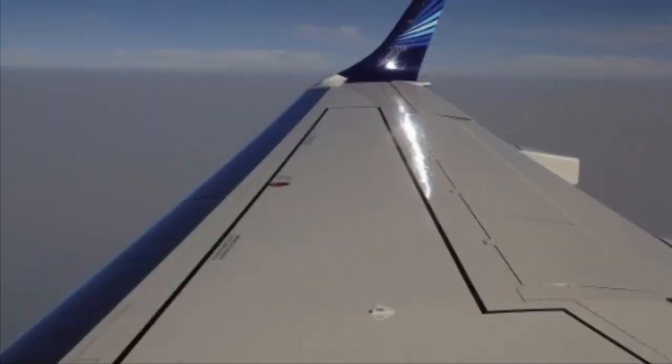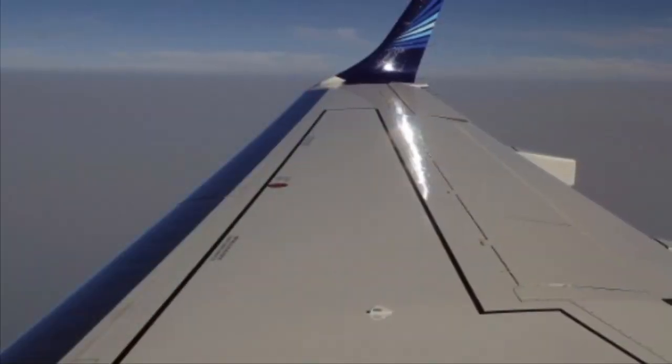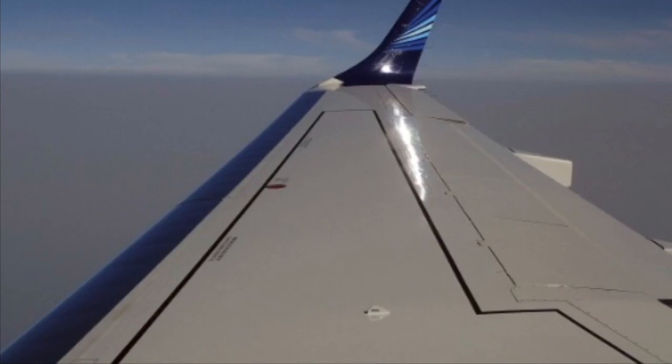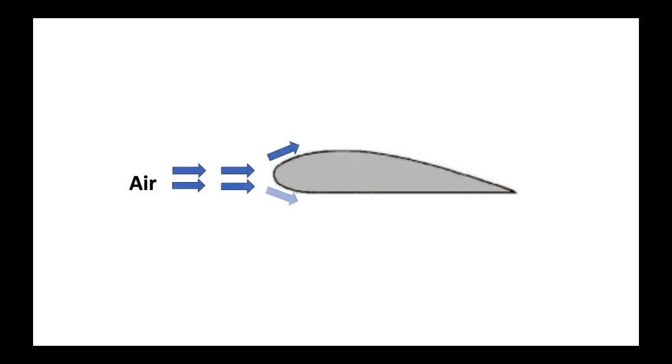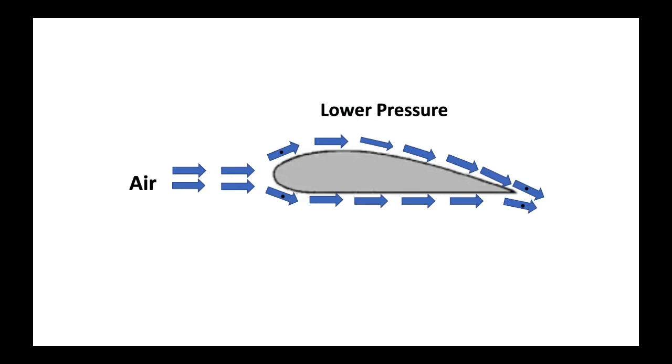There is also a theory which is taught and seen in some textbooks known as the equal time argument, or commonly known as Bernoulli's principle, which says that when the air passes through the wings, it splits into two. If you consider two particles at the time of splitting, the air above the wing should travel faster than the air below the wing, as it needs to travel a much greater distance, and they need to meet at the trailing edge of the wing. So, a lower pressure is created above the wing and a higher pressure is created below the wing. This pressure difference creates the lift force.